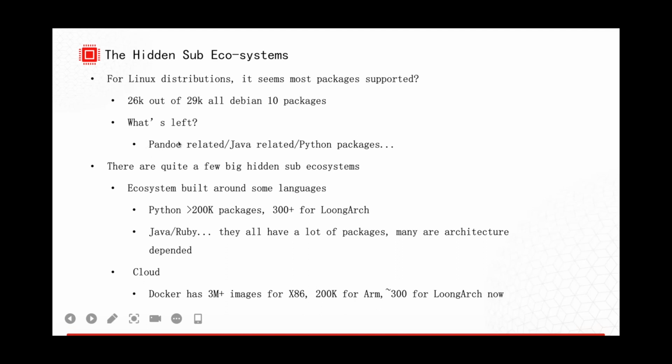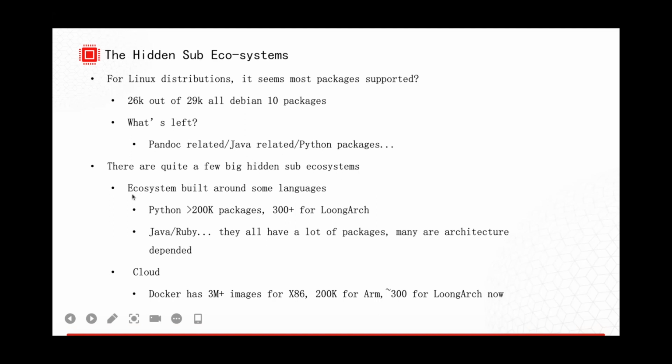We didn't finish the Pandoc porting, and some packages are related to Pandoc. And we have some Java related ones, and we have some Python related ones. This can all be attributed to some hidden sub-ecosystems.